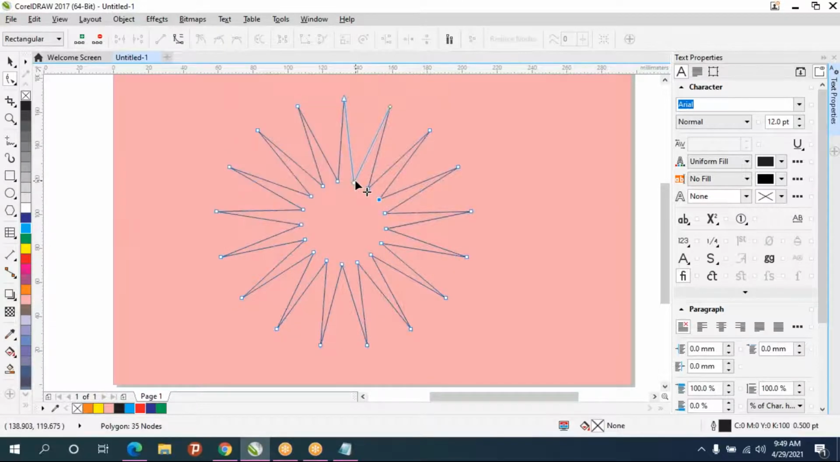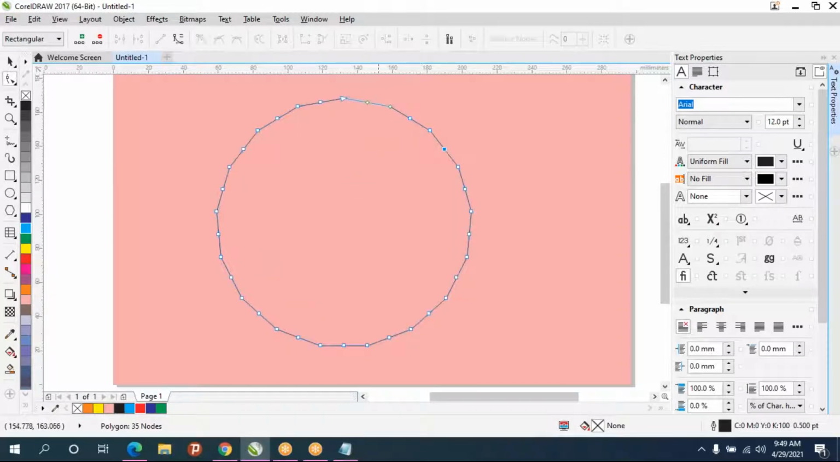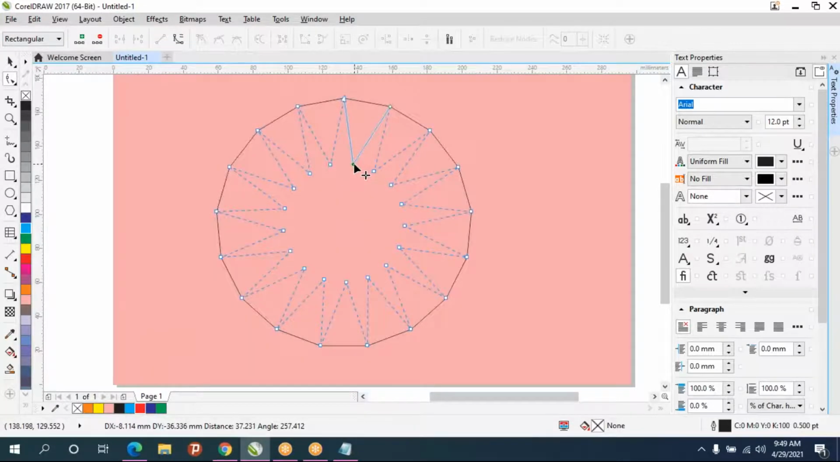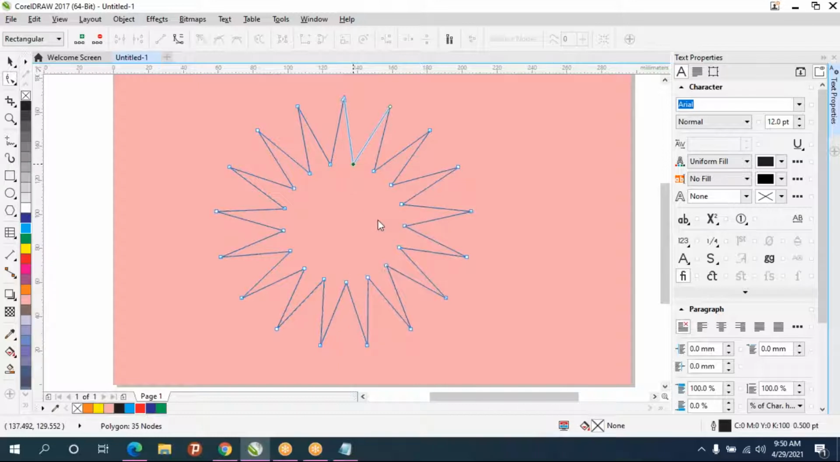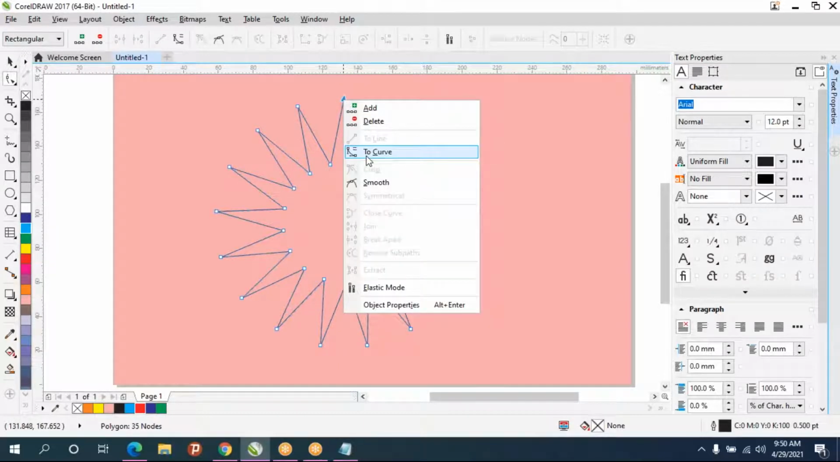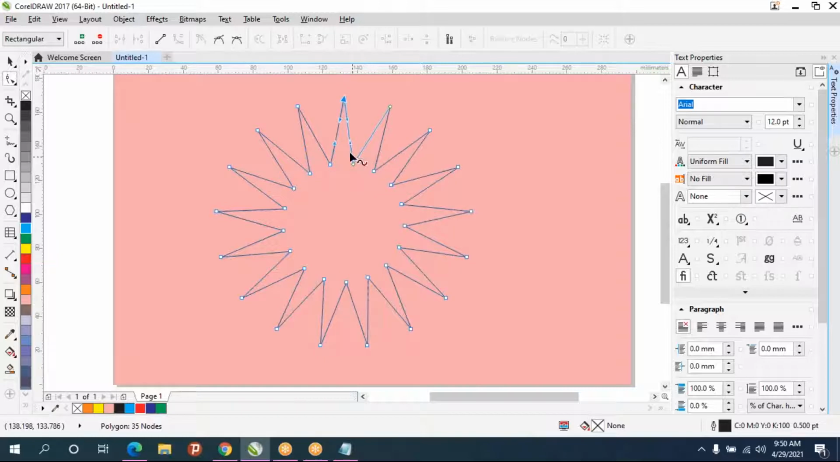So this we have seen: by increasing or decreasing the value, you can adjust the star. But actually, only a polygon you can convert to star. Okay. After this, right click on the point to curve. And this point also will make it to curve. Now you adjust the points